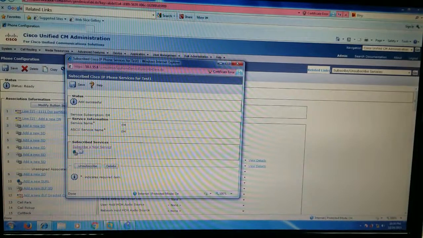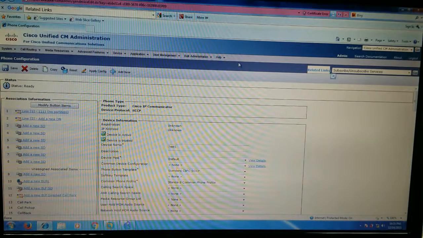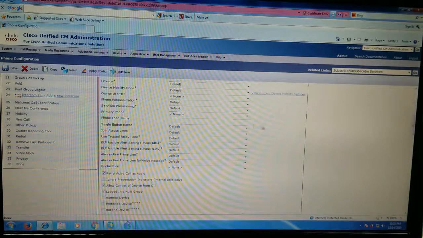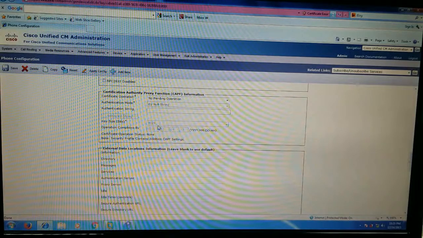As you can see, this device is subscribed to the new service, which is extension mobility. Moreover, you can unsubscribe to remove this feature from this phone. After verifying that this phone has subscribed to the new service, just close this window and scroll down in the phone